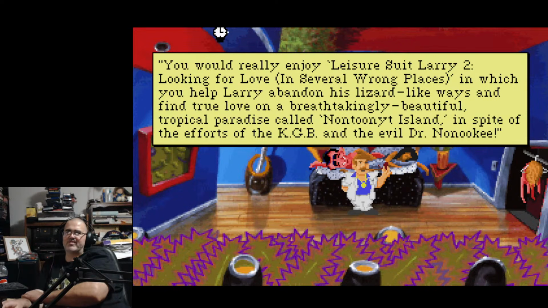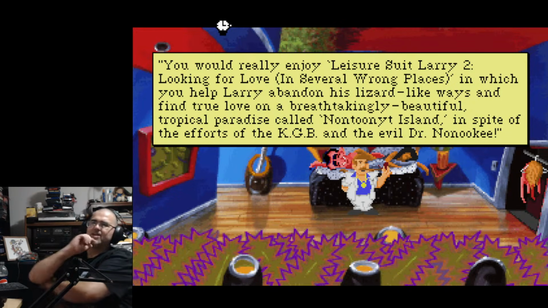You would really enjoy Leisure Suit Larry 2, Looking for Love, in several wrong places, in which you help Larry abandon his lizard-like ways and find true love on a breathtaking, beautiful tropical paradise called Non-Tunite